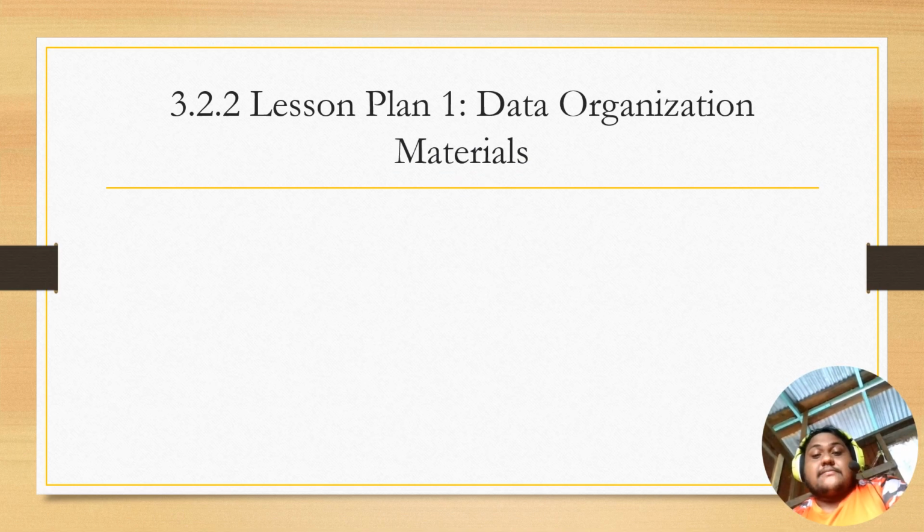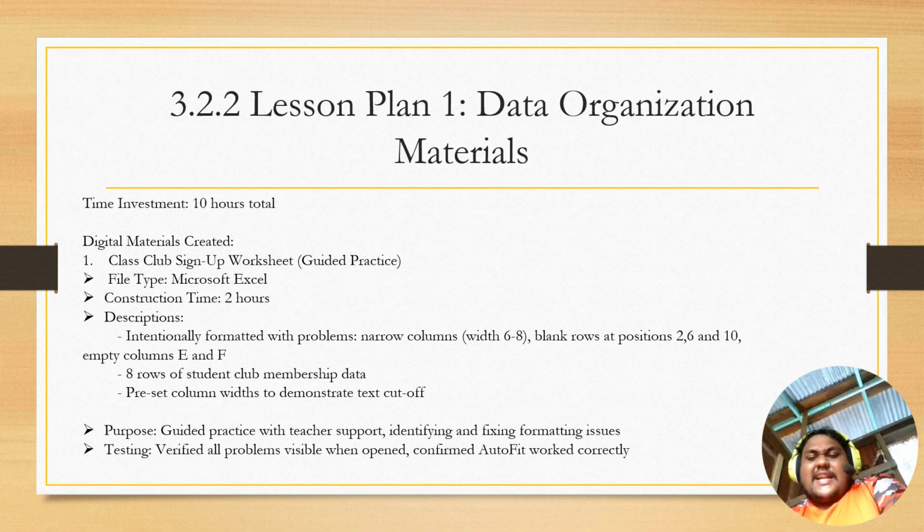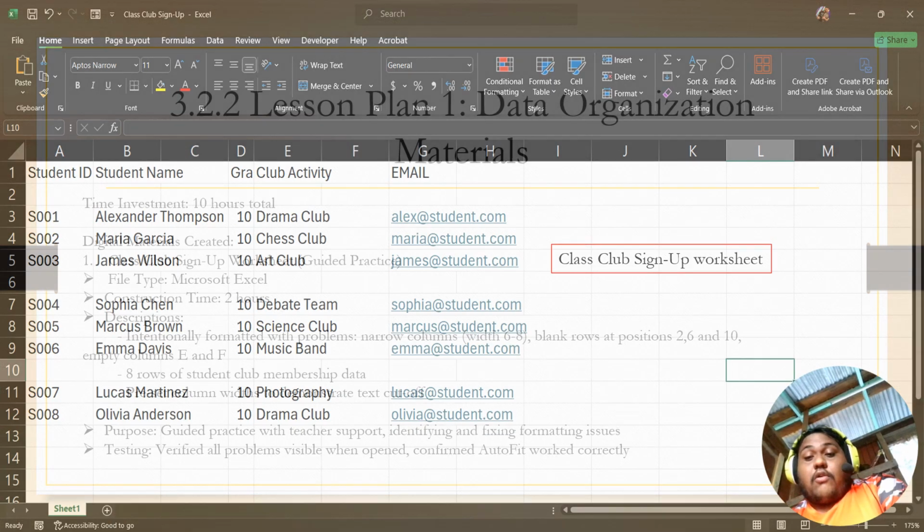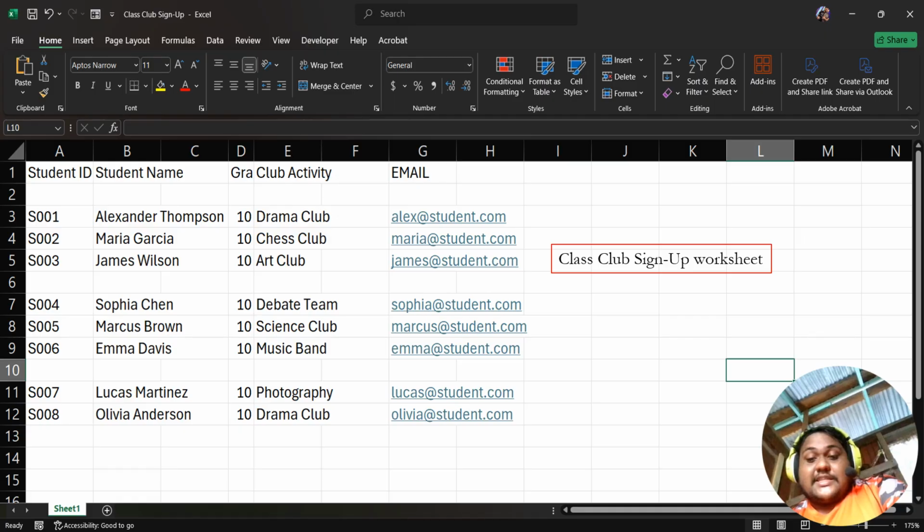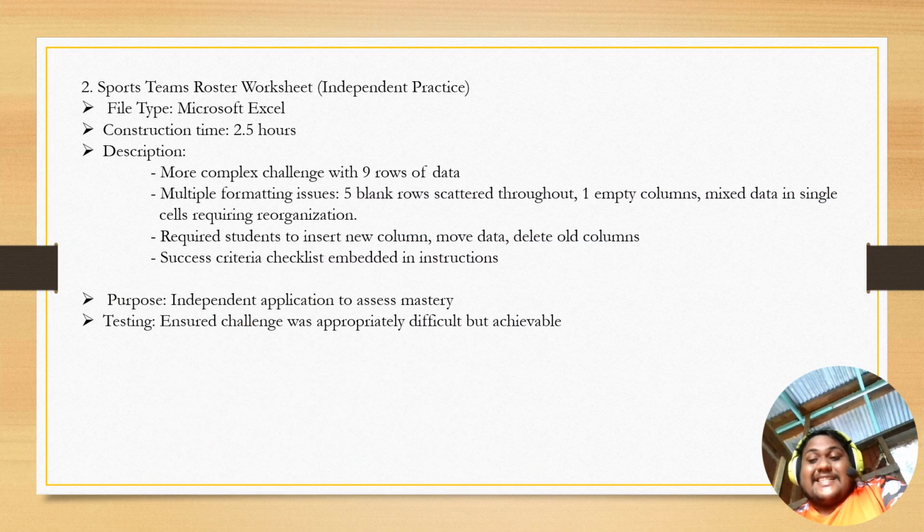Now, lesson 1, data organization, the materials that were used. For lesson 1, I created guided practice worksheets with intentional formatting errors, narrow columns, blank rows, and cut-off text to teach strategic deletion and reorganization. As you can see in the picture, this is the guided practice worksheet, the class sign up. Then the second one